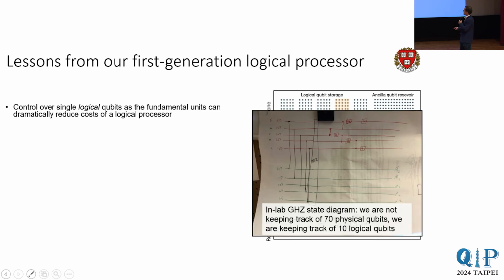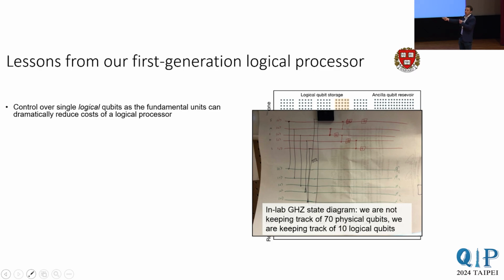And if you came into our lab, this is really a university lab experiment, built and run by a few grad students and postdocs, also in collaboration with some other institutions, but really just a university lab experiment in a basement. And the reason we can do all these complex circuits is because of parallel control over logical qubits.